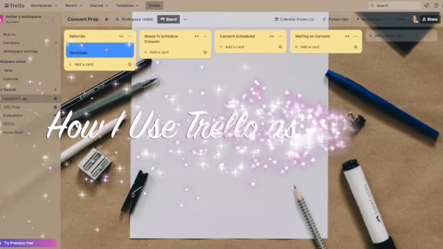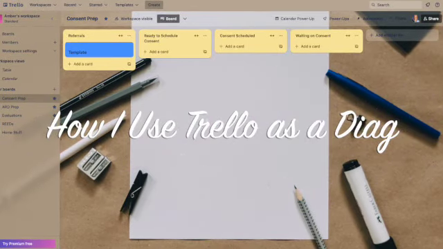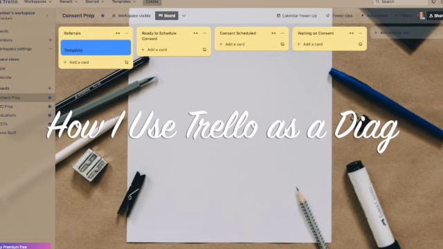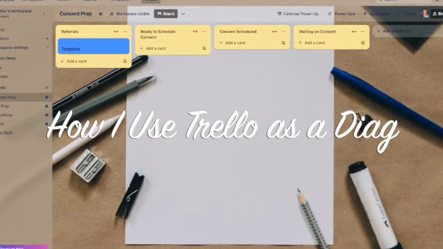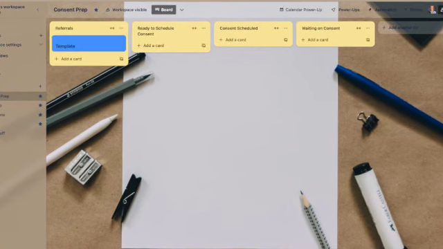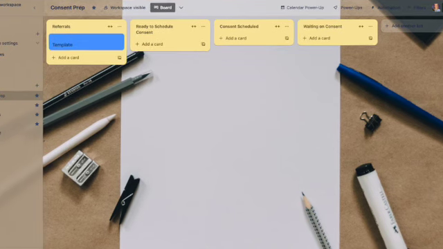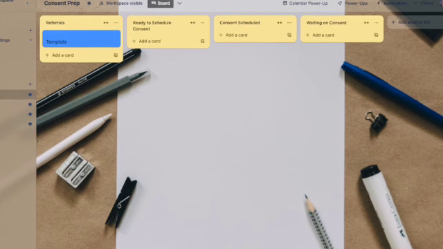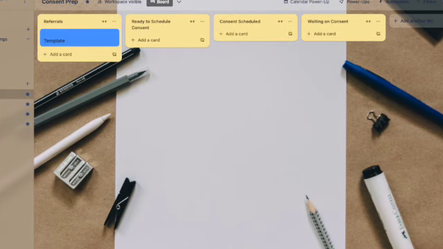So today I want to show you how I use Trello as a Diag. Trello is a website or an app, and there are several others that can be used as well, but it is essentially a kanban system. Kanban is a project management or workflow system, really aimed at increasing productivity and limiting your work in progress, limiting